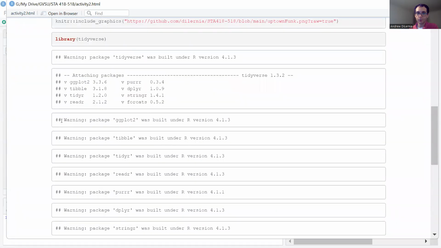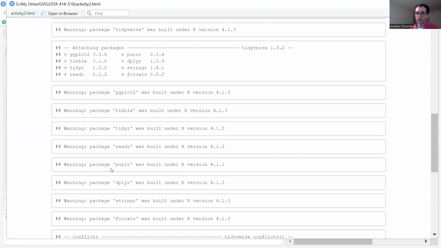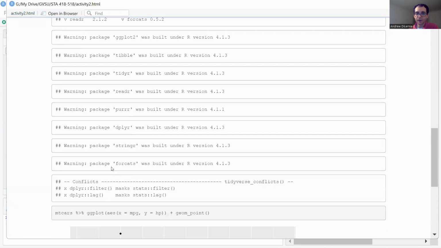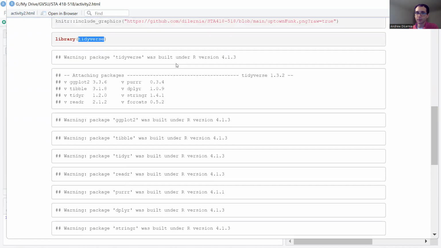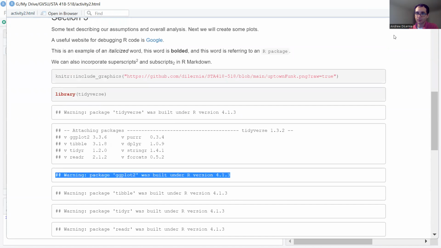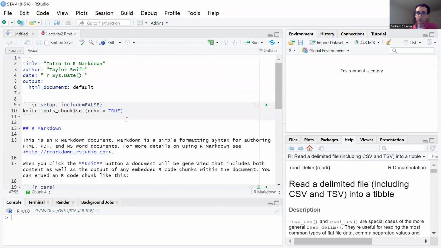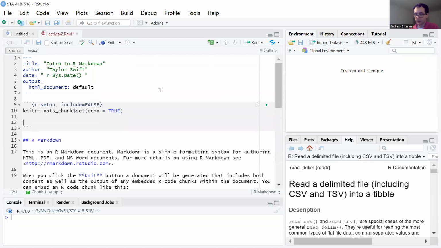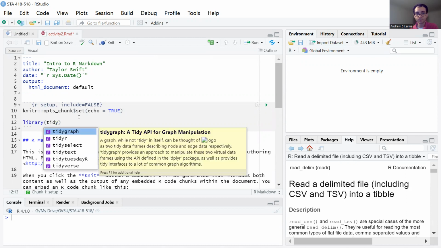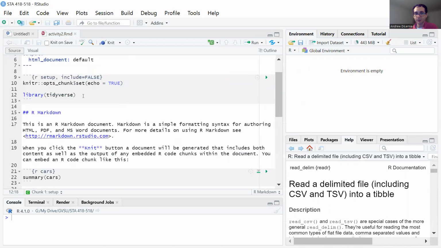Okay. See all these warnings that showed up? When we loaded the tidyverse, it can give a lot of messages like that, which can be a little bit annoying. I found these are a little bit hard to get rid of. The easiest way that I've found to get rid of these messages when you load a package like the tidyverse is to load the package in the setup chunk at the top, then those messages tend to go away. It's kind of silly. You're loading the package in two spots, but that's one way to get those messages to